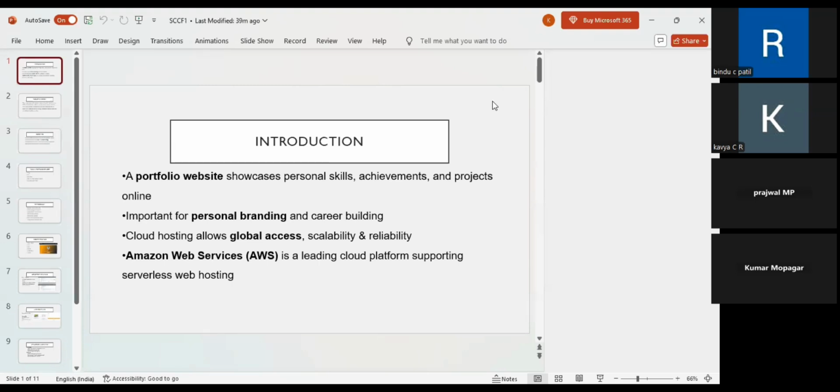And AWS is Amazon Web Services. It is a leading cloud platform that supports hosting websites without needing any server. Then next slide,